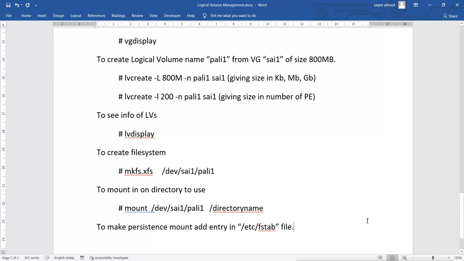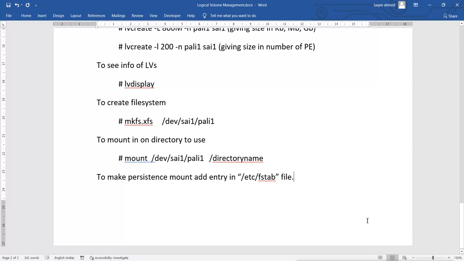And how do we add that? By getting the blkid and then adding it. Now we have done it previously also.